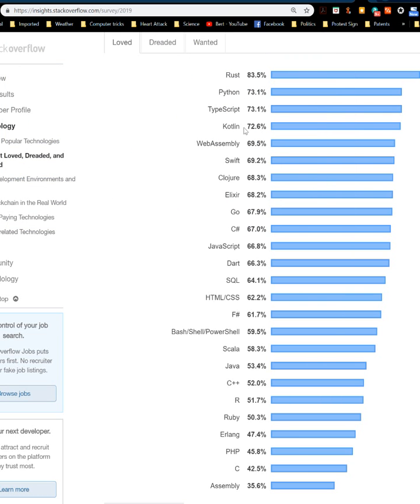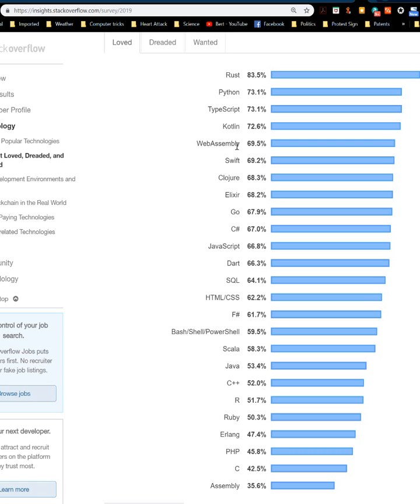Now Kotlin, again, has high popularity, but not a lot of people develop in it still. But it's growing, because now it's become the official language of Android, thanks to Google. It may become increasingly popular. It's a nice language, a lot like Scala. Scala, like I said, is a fascinating language. I just don't like the fact you've got to install the whole thing for every single project you want, so I'm going to stay away from it.